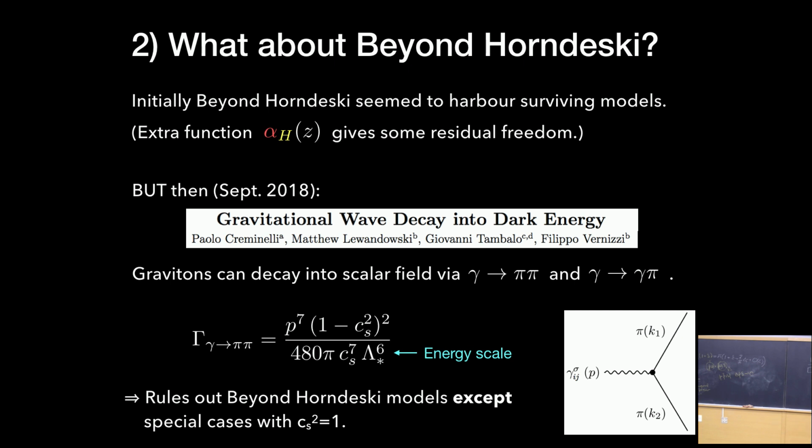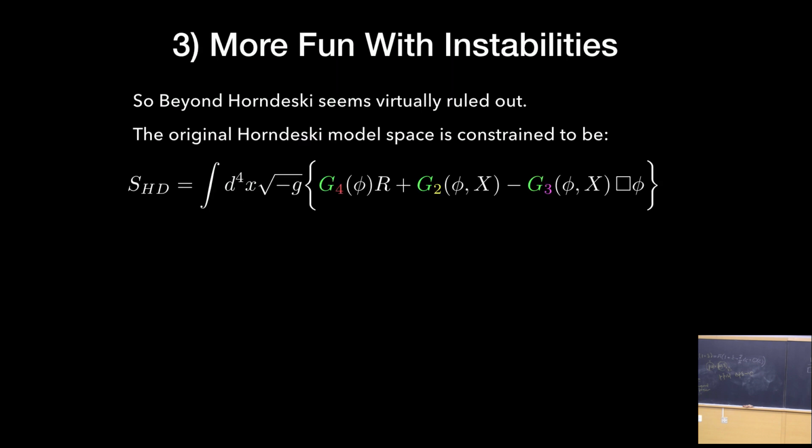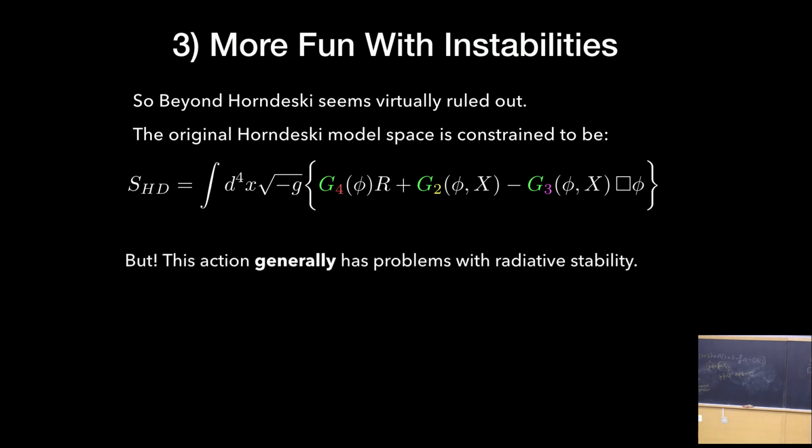Okay, so that's result number 2. Quickly, result number 3, the last in this section, came from considering, again, the quantum properties of this reduced template action. So when you build a theory of new physics, you need to check for something called radiative stability. What's that? This is a bit of jargon from quantum field theory. What you have to do,